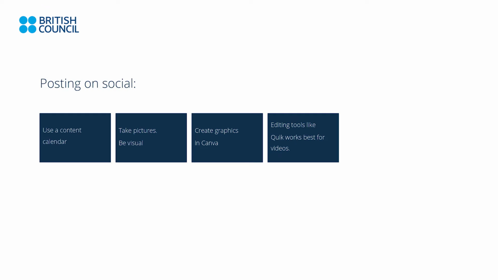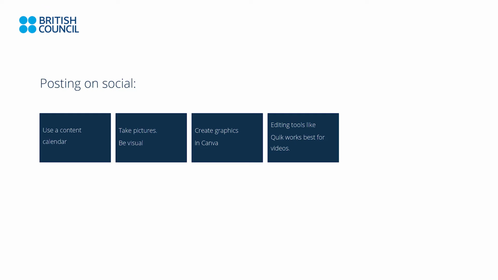A content calendar is simply a plan of all the content that you want to put out over a specific time frame. It could be a week, it could be 2 months, it could be 3 months. You don't want to go for a year because social media is very dynamic, and you want to make sure that you are responding to changing